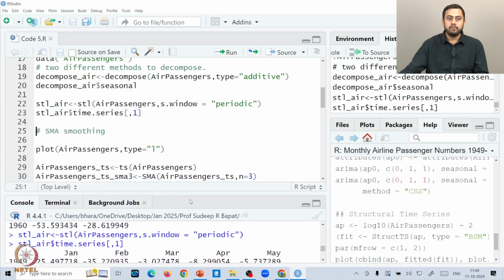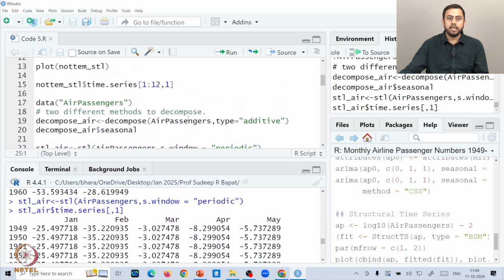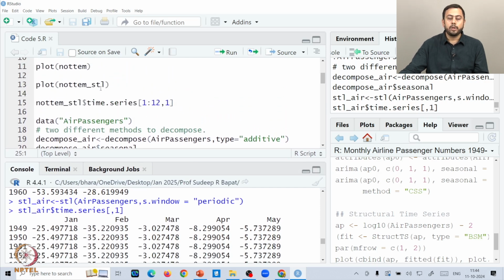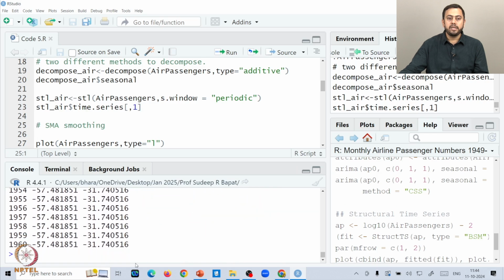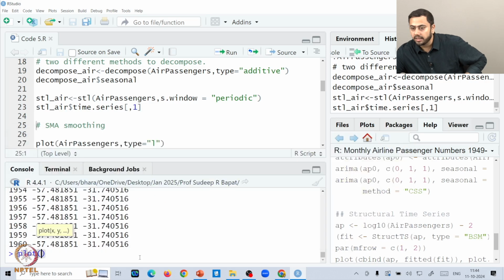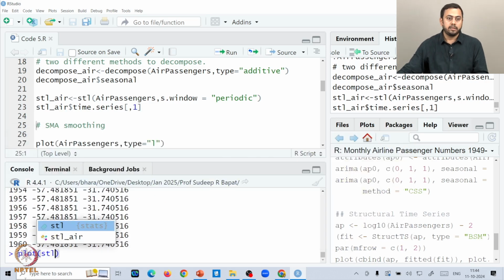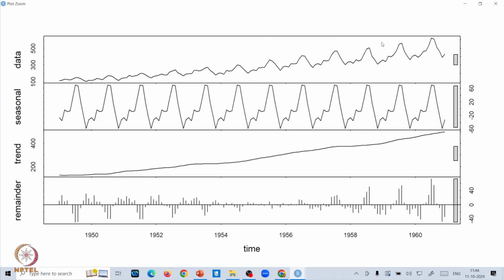Now again, if you want the plot of the decomposition, then I can scroll up and you can use plot and then the decomposition in terms of STL. Since we have given it the name stl_air, I can simply write plot, and inside round brackets stl_air, because this was the name for the decomposition that we have done, right? And if you run this, you will get the decomposition plot here, okay. So let's zoom in and see what's going on.